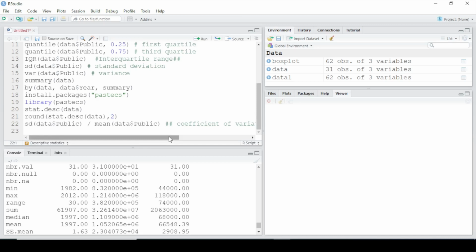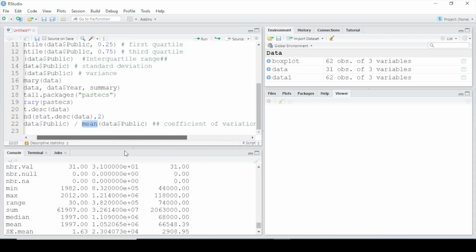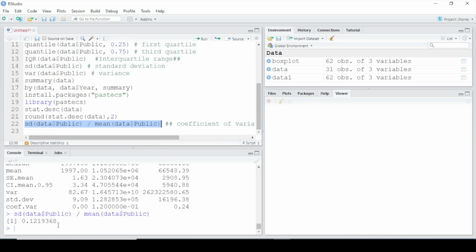Now, if I want to calculate the coefficient of variation manually, then type sd and provide the name of the variable and divide it by the mean. We know that the formula of the coefficient of variation is standard deviation divided by mean. So we put in the formula and run it, and we will be able to see the coefficient of variation. This is 0.1219, and you can see from here